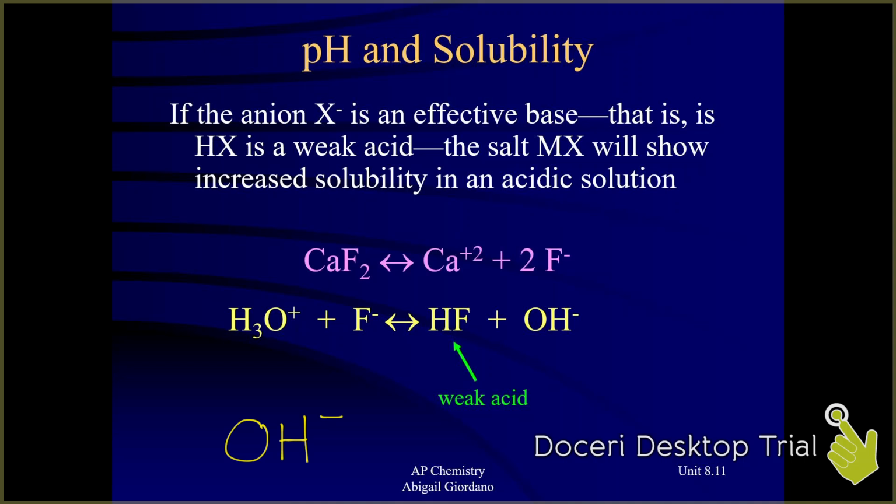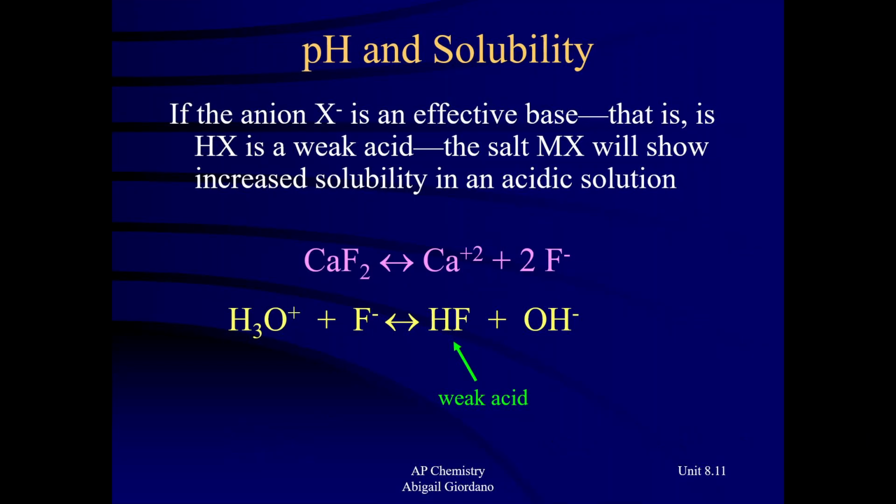The only thing it could possibly react with would be that calcium ion, but that's not going to happen because what could be formed is calcium hydroxide, and that's a strong base. Strong things are not going to be formed. That's a reaction that would not occur. So this salt shows increased solubility in an acidic environment only because its anion can form a weak acid like